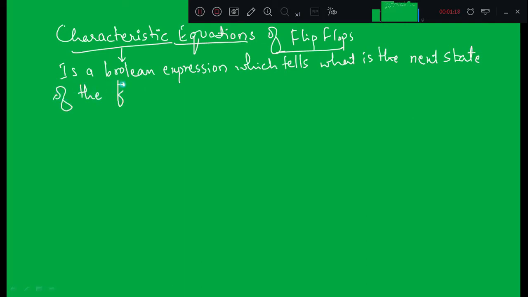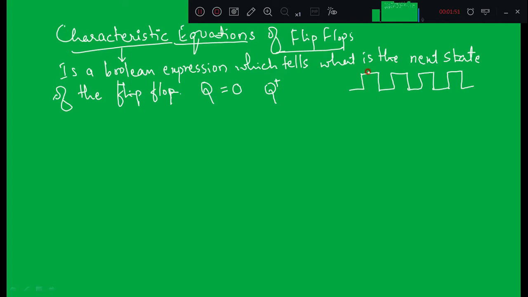Let us say the state of the flip-flop is represented as Q, and the previous state is 0. What will be the next state when we apply the next control input, that is the clock? The control input in case of a flip-flop is called the clock, and the clock looks like a square waveform, high and low after a certain duration.